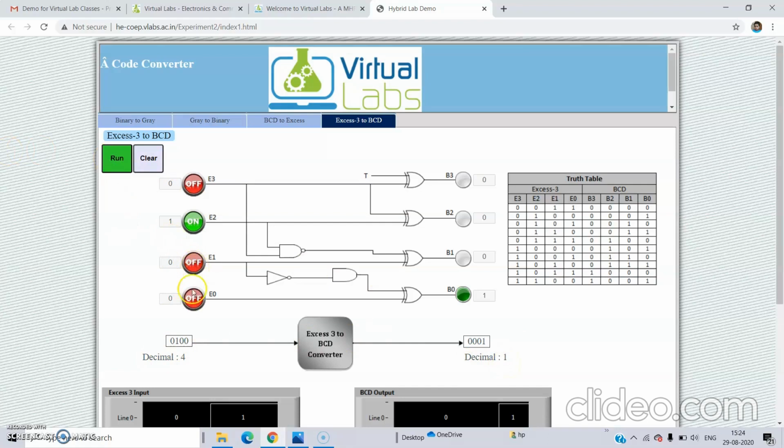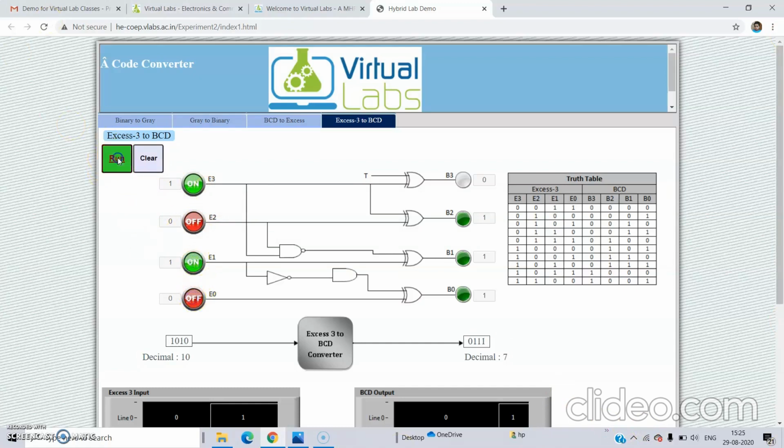Then 5 is 2, 6 is 3, 7 is 4, and 8 is 5. Or you can use this clear also. Use the clear. Now we have to check 9. So 01001 and click on run. That is 6.